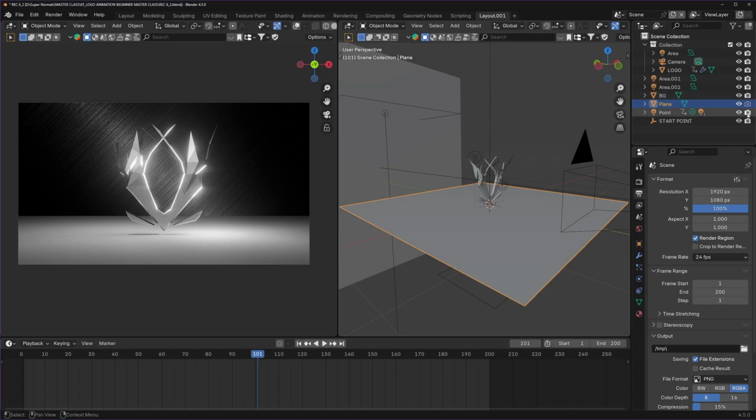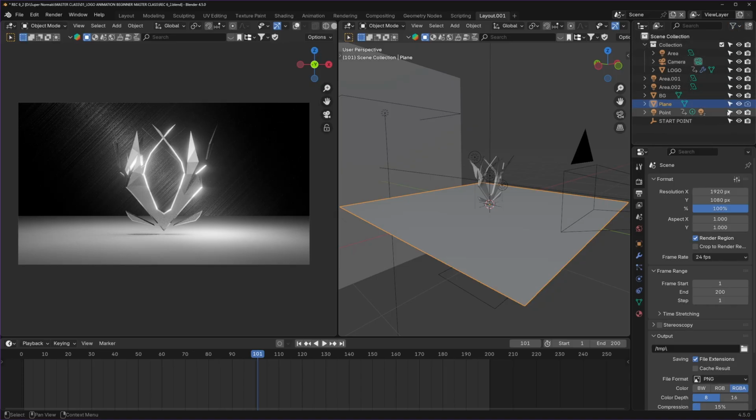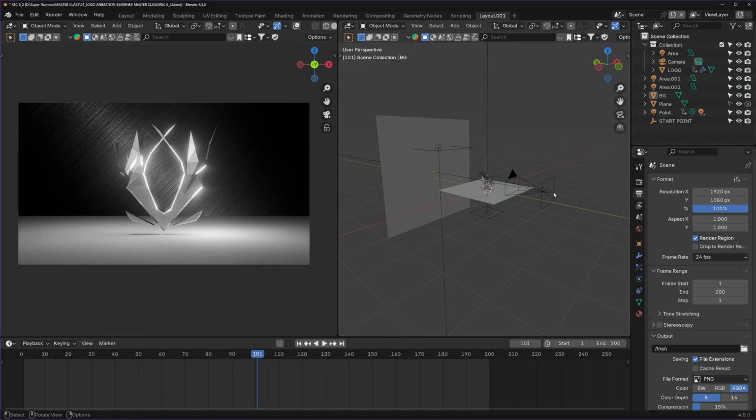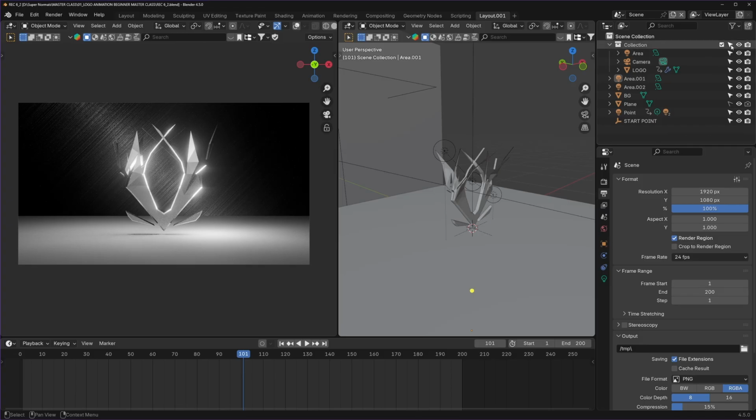There are a lot more icons that can be used but are not here right now. You can enable them from these filters, and then you can click on all these icons, whatever you would need. So there's another new icon which shows this cursor. If I click this, I will no longer be able to select this plane, whatever I do. That is really useful if I don't want to select the plane and want to select everything else and move them away. If your outliner looks very chaotic and you want to make it cleaner,